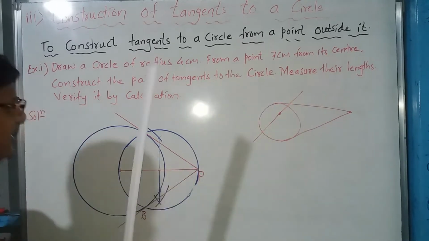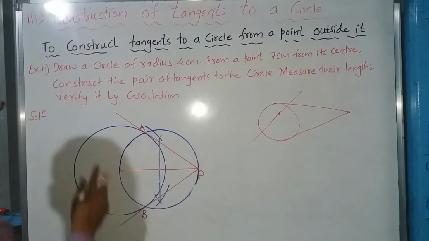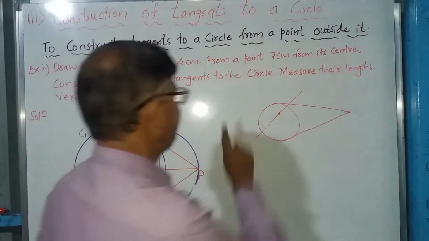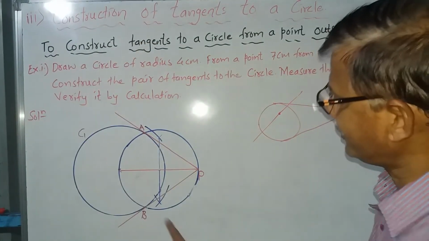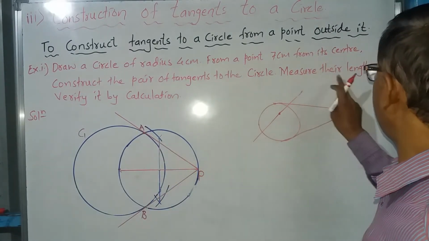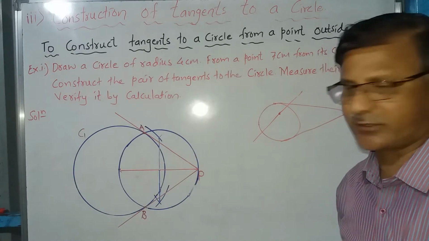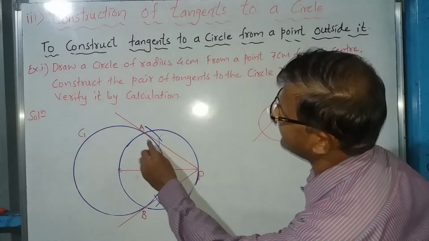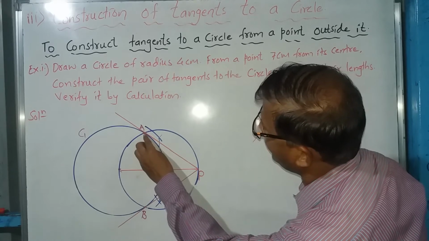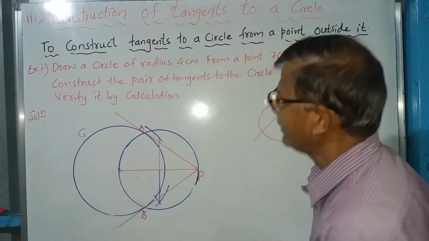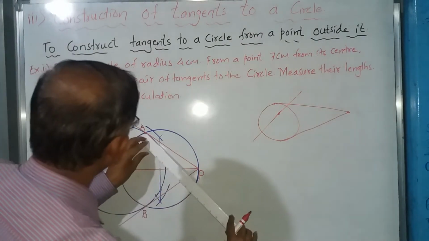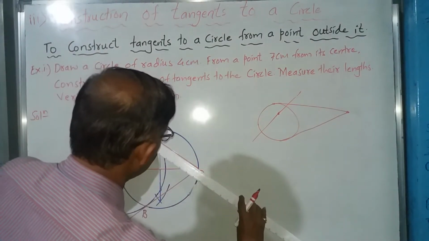These are our two tangents to the circle C1 which we have drawn from the point P as per the question. In the question, they have told us to measure the lengths of these tangents. To measure length, from the touching point, here A is the point of contact, from this point you have to measure this length. So take the scale, keep the scale on A and measure the length AP. See how much it is.